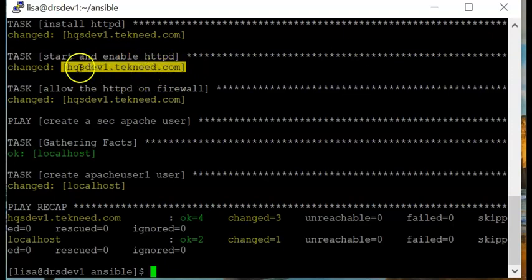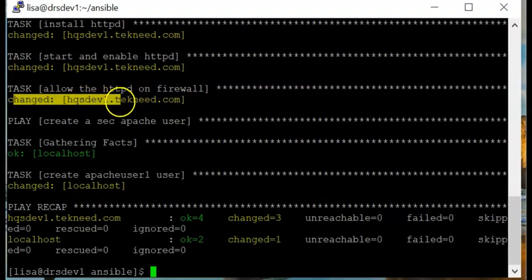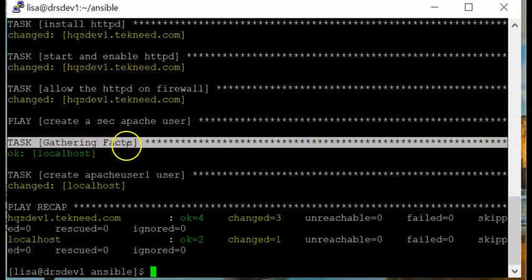the HTTPD, which it has already done. You can see changed, and you can see here allow HTTPD on firewall, and it has done that. You can see changed, and this is the second play, which is create a secondary Aperture user, and this is the task gathering facts on